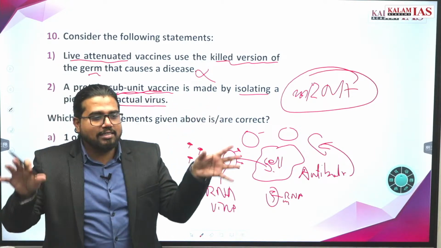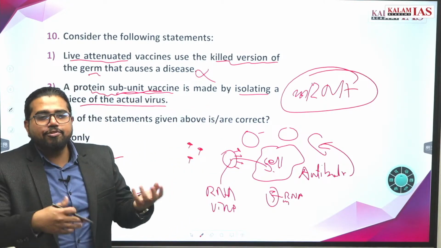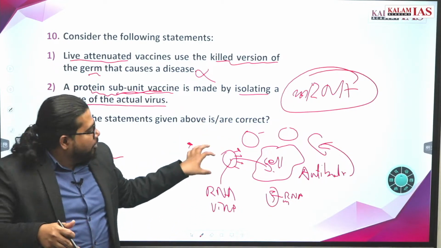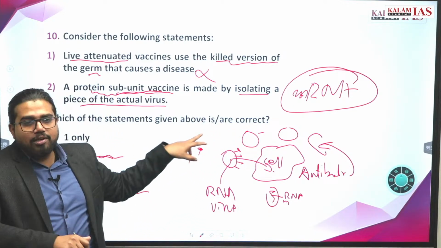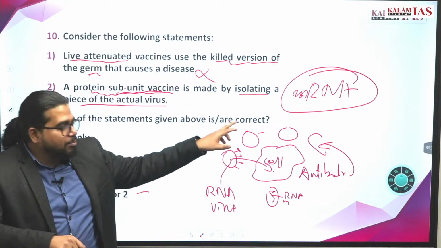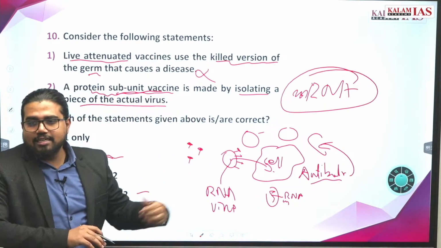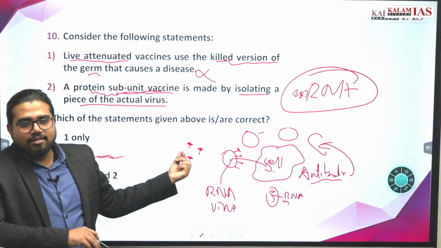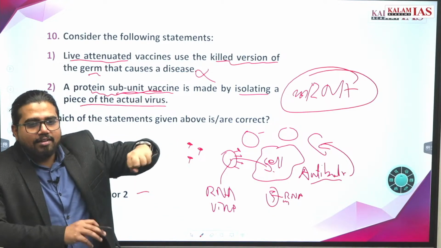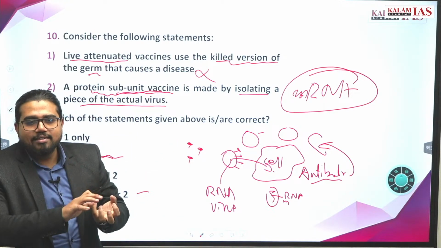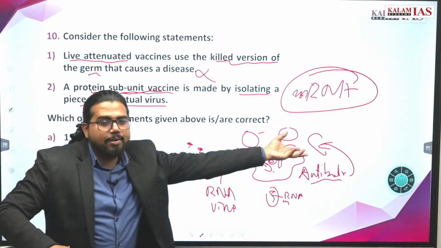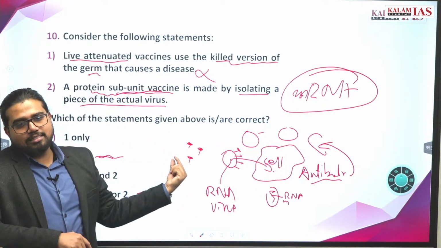Now there will be spikes in your body, and after a few days or some time, your body will find that this is a foreign body, this is something new, we need to fight this, and the body will produce antibodies and learn to kill this spike. Now when the actual virus comes, it is very similar to this spike. So the body can easily produce antibodies and take over this.